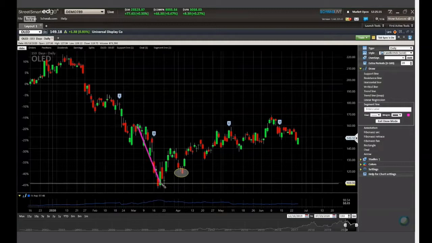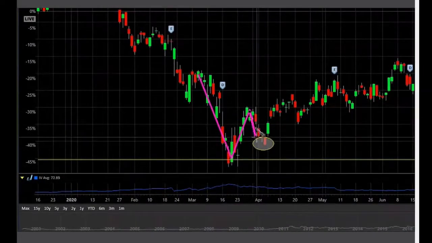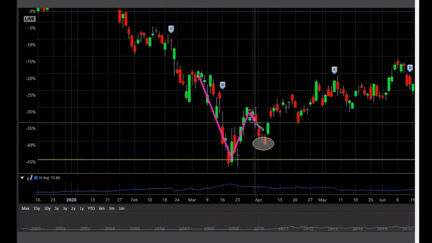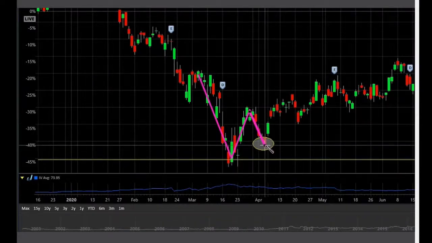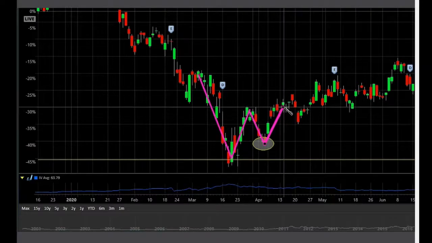So we've got our one down, comes back up, second down. Now, it doesn't always have to go to the exact point. Here, you've got this movement back down. You just need something substantial, right? That is not quite substantial. Here, you're going over half the distance. That I'll say is substantial. And then you come up.